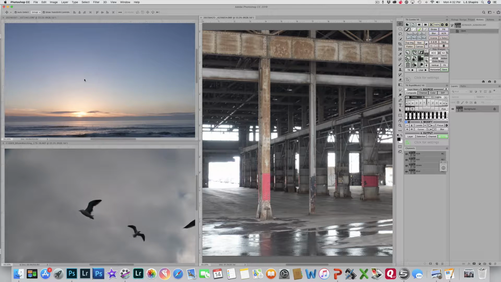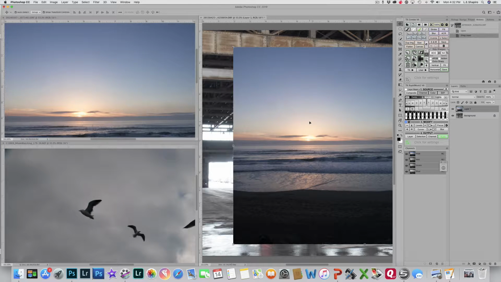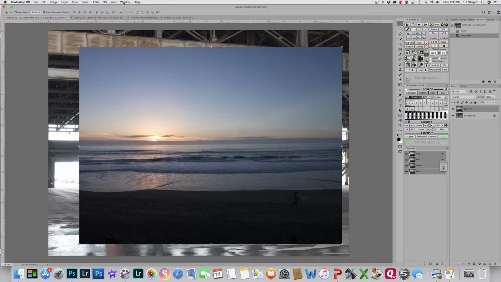I'm going to select the crosshair tool, and I'm going to drag this on top of the building. Now, once I get it there, and you can see here we got two layers, all right, I'm going